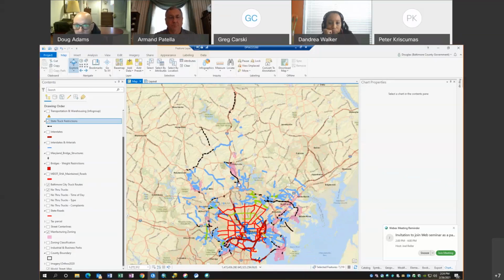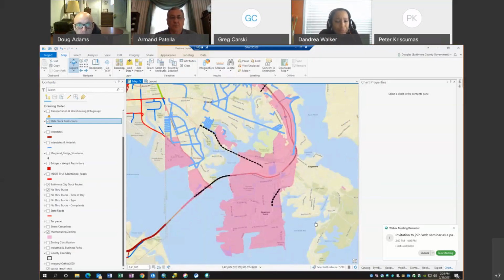So that's the other thing: there are temporal aspects to this data, where it's not always going on. It's only going on because right now there's some type of construction. Just to chime in, there are also a few that have been put in due to residential complaints that the state responded to and put some restrictions in. Okay, that's good to know.